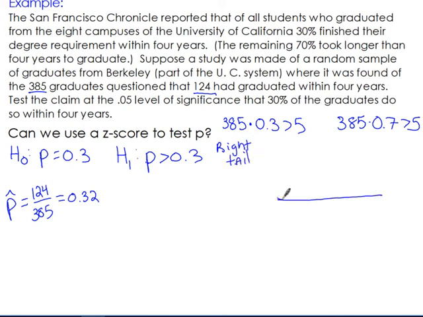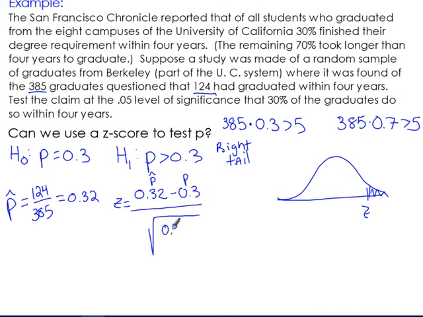So when I find my z-score underneath the curve, remember, I'm going to find that area right there. So let's go ahead with our z-score of 0.32 minus, so that's p hat, minus p, all over the square root of p, q, over n, where n is the 385 that responded to our survey. So 0.3 times 0.7. I like to do the numerator and denominator separately. So on the top, I'm going to have 0.02 divided by our 0.8, there we go, and I end up with a z-score of